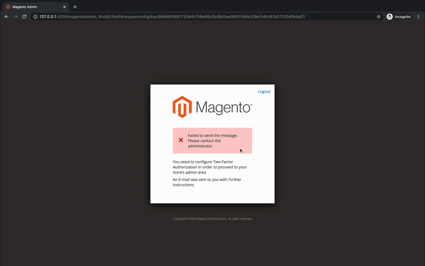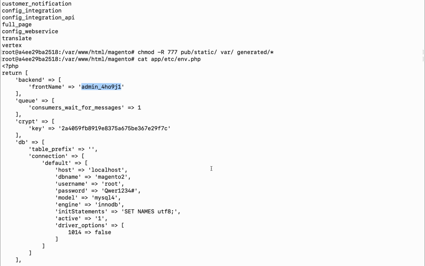Now once you try to log into the admin panel, you will see some two-factor authentication issue. This is a new module in Magento 2 which has been installed to improve security. If you are going live with Magento 2, it is recommended to have this module installed, but since I am installing it on a local system for demo purposes, I will disable this module.